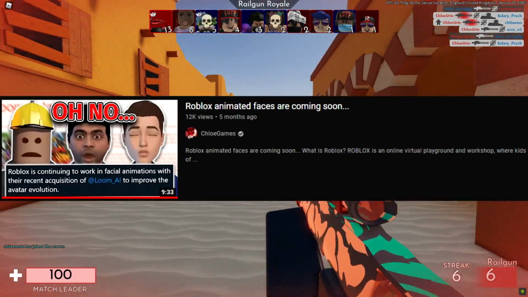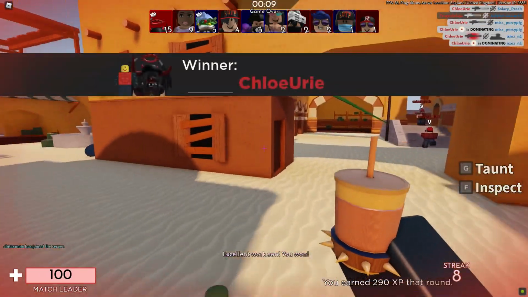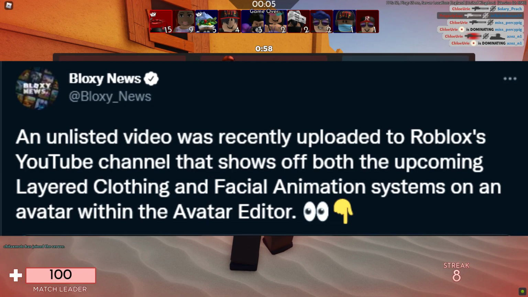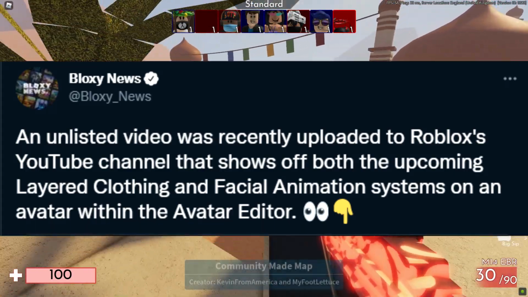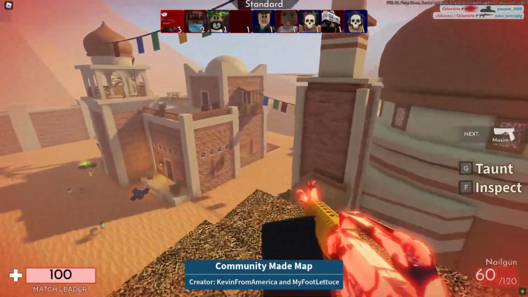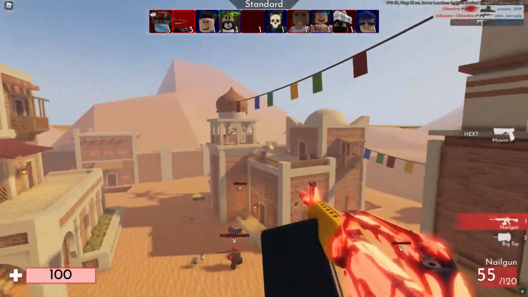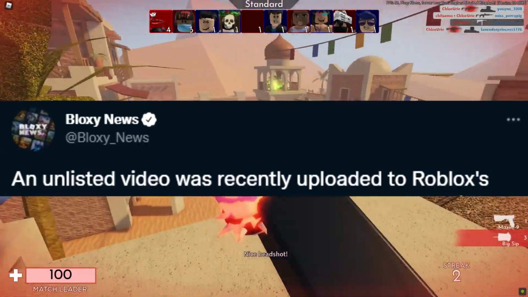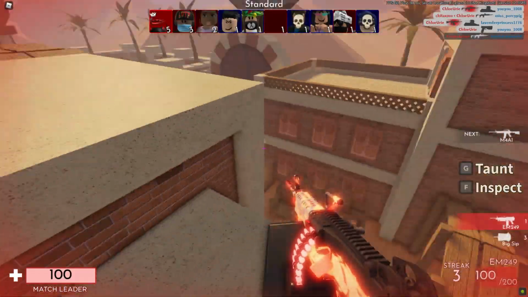So basically, at 2:28 AM this morning, Bloxy News tweeted, an unlisted video was recently uploaded to Roblox's YouTube channel that shows off both the upcoming layered clothing and facial animation systems on an avatar within the avatar editor. For me personally, the first thing I noticed with this tweet was the fact that they mentioned it was an unlisted video specifically that was uploaded to Roblox's YouTube channel, and the reason that was the first thing I picked up on